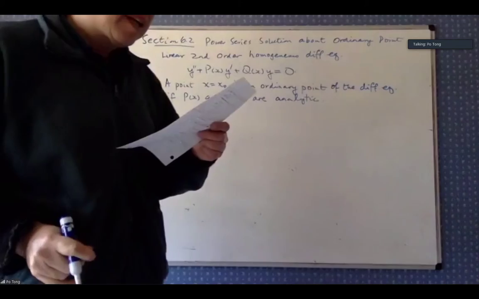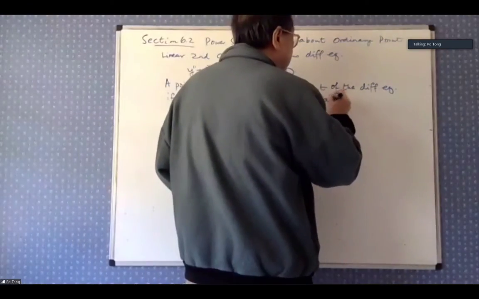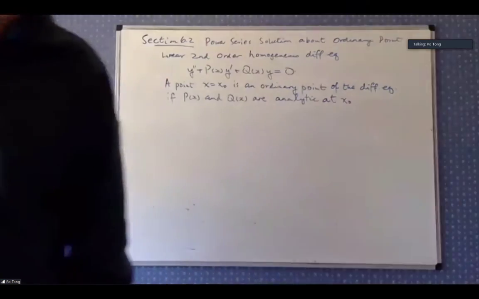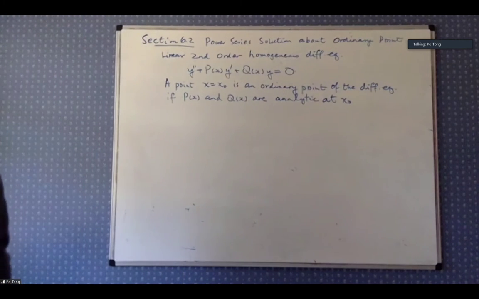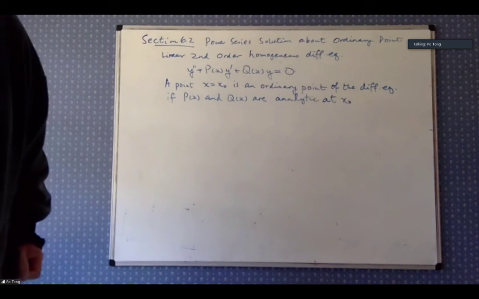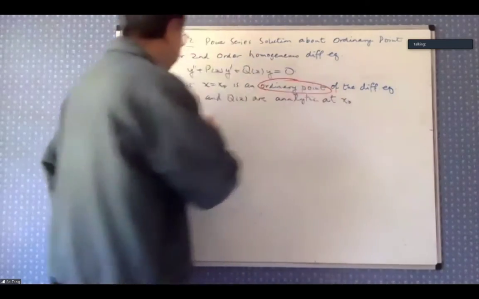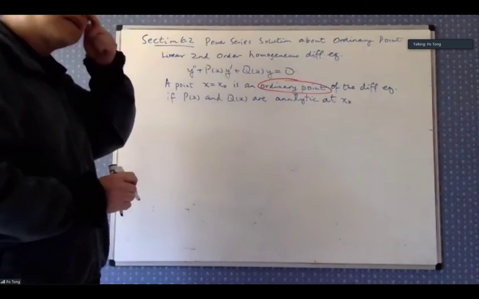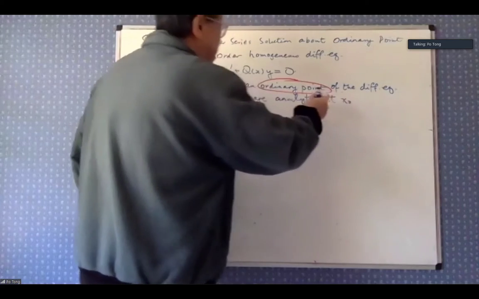I just have a bunch of terminology that we have to actually take care of at the beginning, before we actually do examples. So what is an ordinary form? Ordinary form of this differential equation is that if the p(x) and q(x) are analytic at x0, then what is